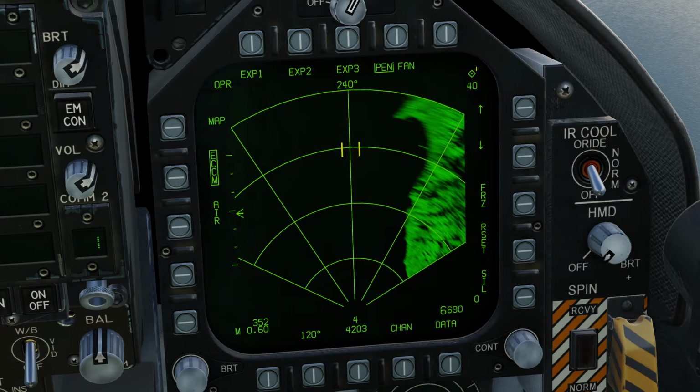At the top right corner also I've got the diamond confirming that this is my current sensor of interest. If I pushed sensor select switch to the left,